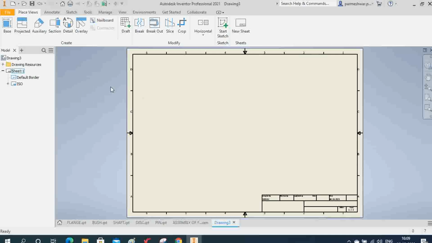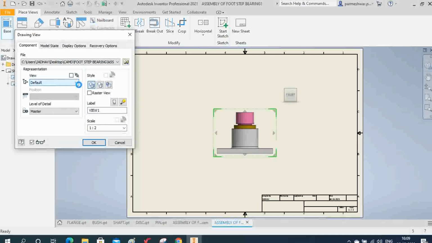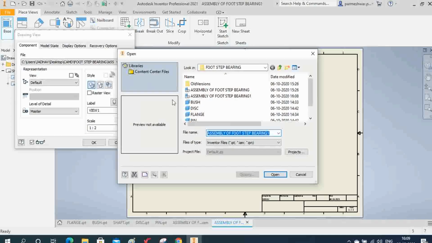So to insert that assembly that we have created earlier, click here base, like this, right? You can see automatically that assembly is inserted here, right? Okay, if not you can go here and you can select this assembly 1 like this, right? Click open, right?